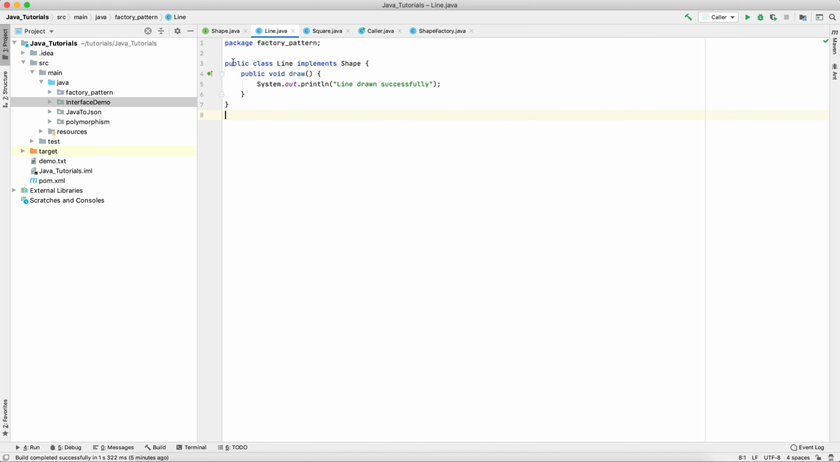One is line. We have a line class that is implementing the shape class, and it has overridden the draw method. When you have an interface, whatever methods you have declared as part of your interface, in the implementation classes you have to write the logic for those methods. Along the same lines, we have overridden this draw method, and we have written some dummy logic, since this is an example, that will just print a line saying